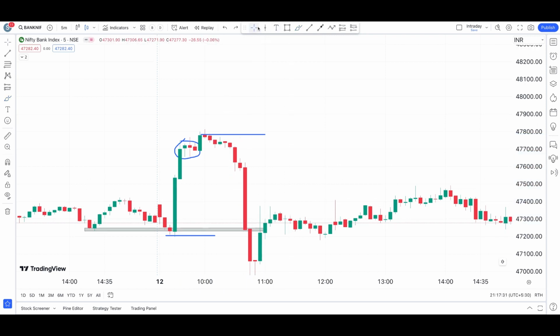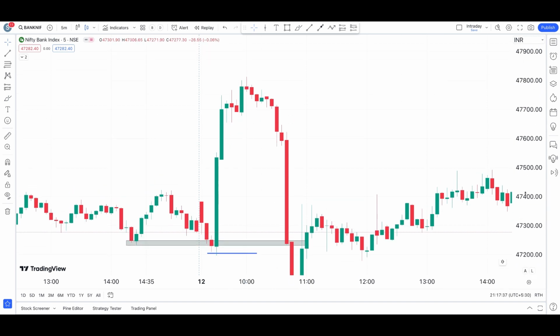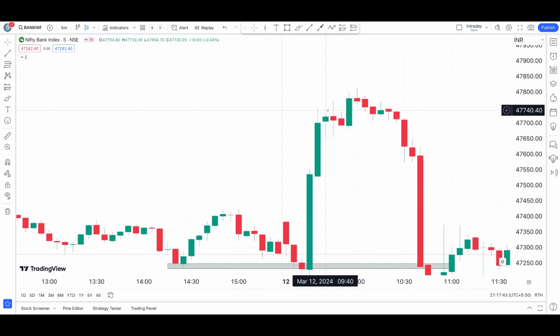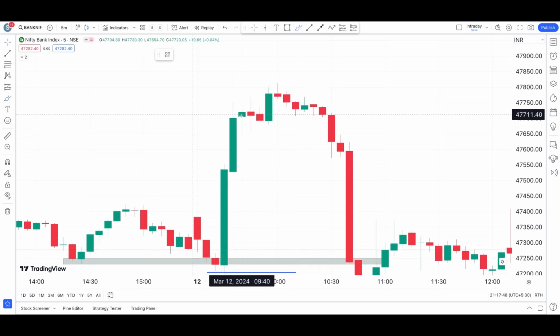But let's try to understand whether there is any sort of indication before this momentum. So we'll try to look at identifying when this particular momentum comes. So here we have, see this candle as the first candle of 9:40, a hanging man candle. But what you need after a hanging man candle is a confirmation candle, which should close below this level. But in this case we haven't seen any confirmation candle there, but it has given us a caution that the bulls are running out of power.